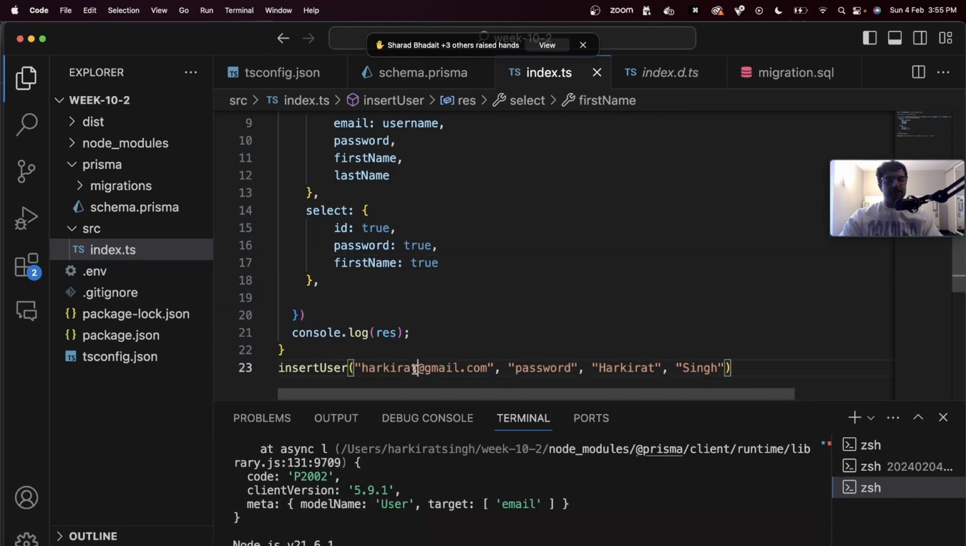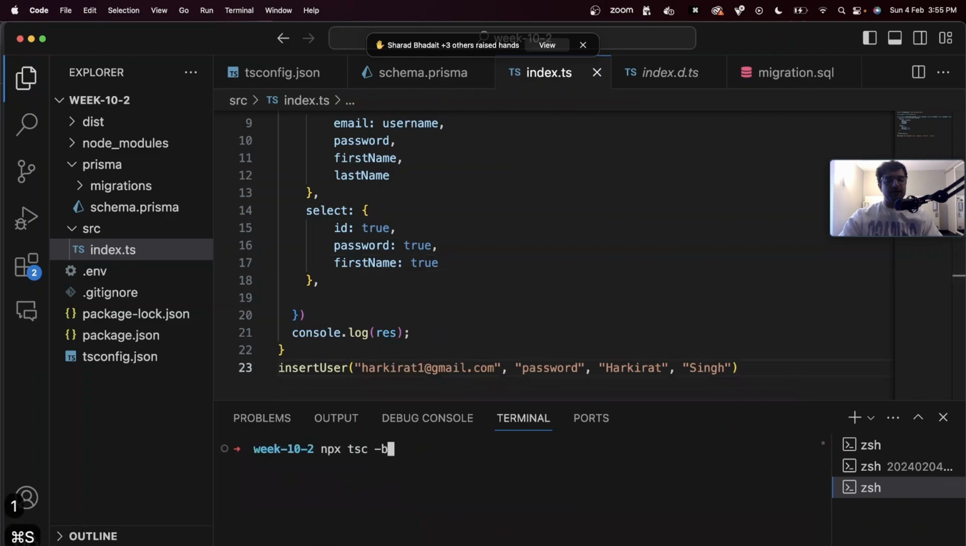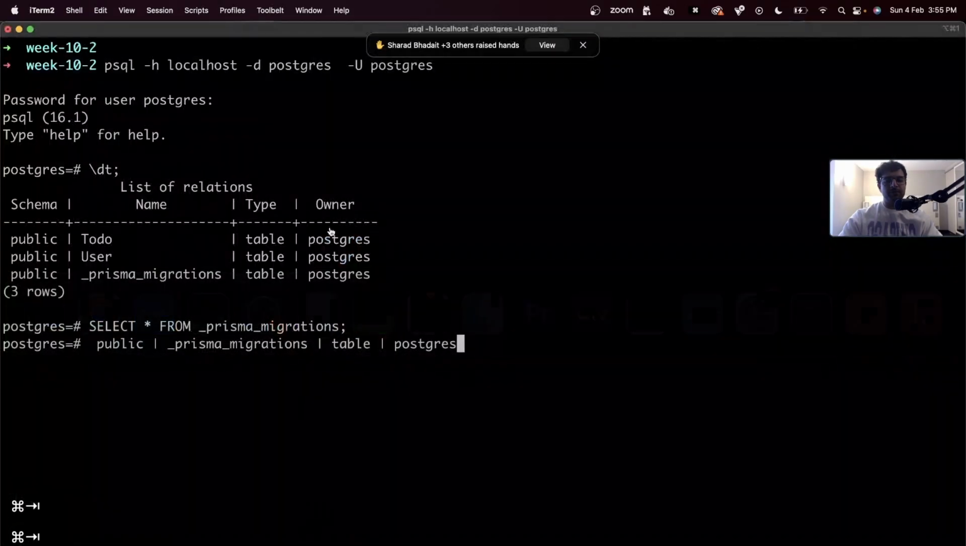Oh, it will say a user already exists with this email. So let me try that one more time with a different email. And it says ID 3, password, first name Harkirat. Can you see ID became 3 now? It is not 2. If I look at my users table,